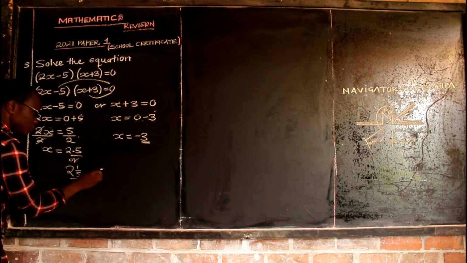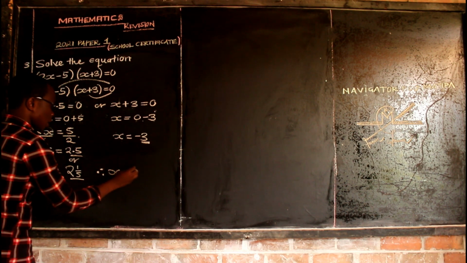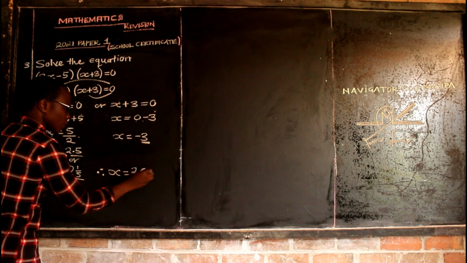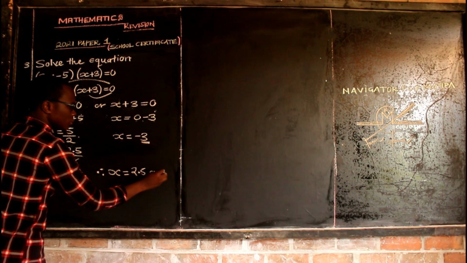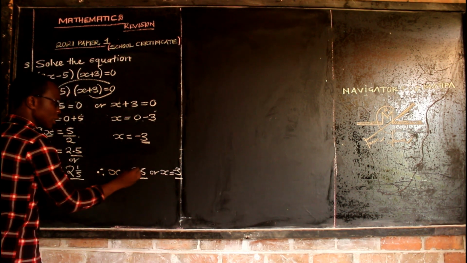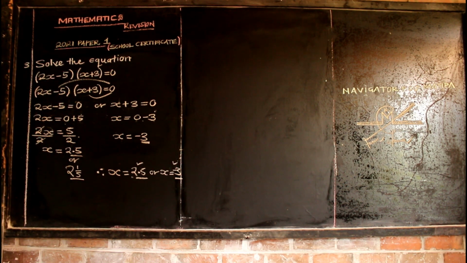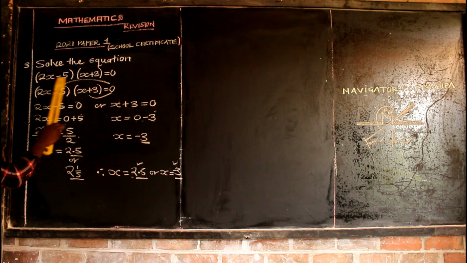So therefore, x is equal to 2.5 or x is equal to negative 3. Now, okay, so these are the answers. Or, now what you can do is, in this case, I will say this equation,